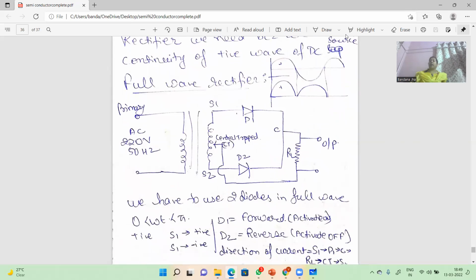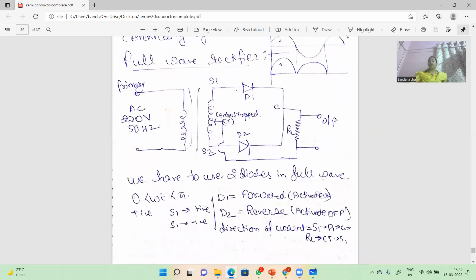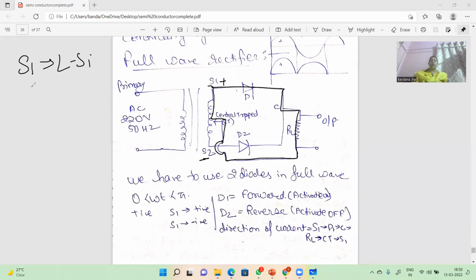So now we will take the full wave rectifier. In a full wave rectifier we have two PN junctions. When this one becomes positive and this one negative, then my connection will be S1, load, and this wire is an overlap, going over the top, not connected to my S2. And again S1. S1, load, S1. It means true connection.